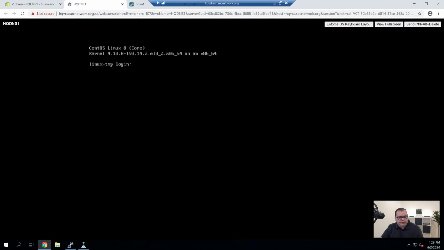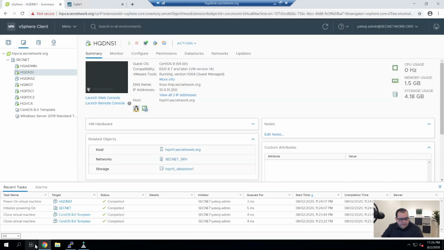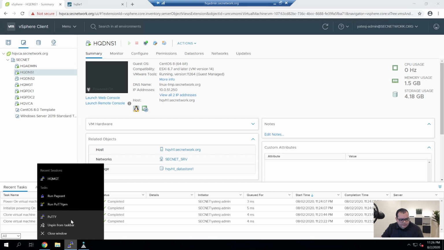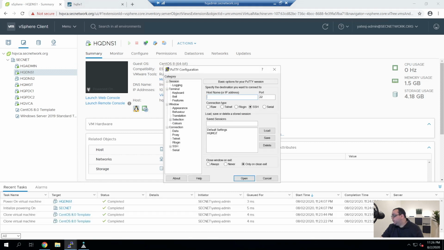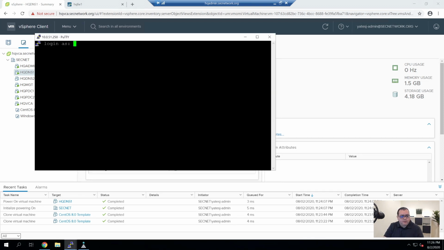So first thing I have to do is update its hostname and its IP address, which I'm going to do right now. So let's jump over here, 10.0.51.250, admin, admin, my password.